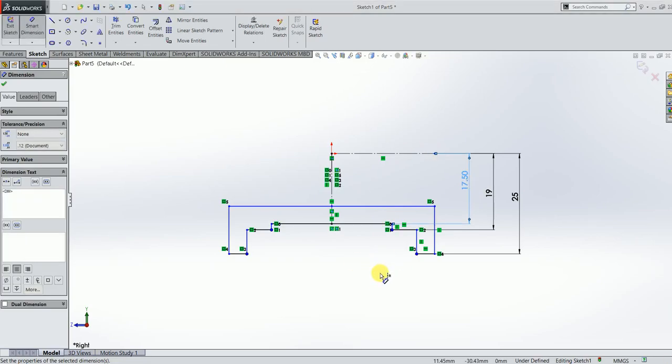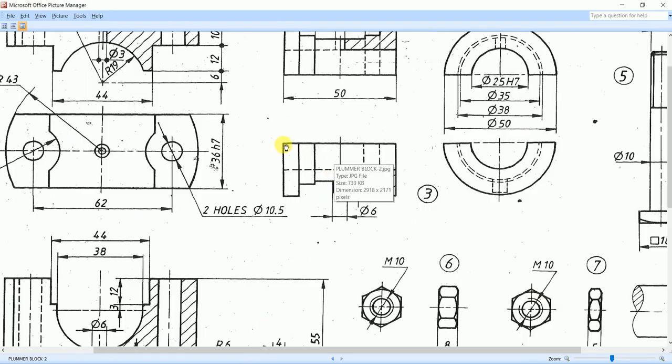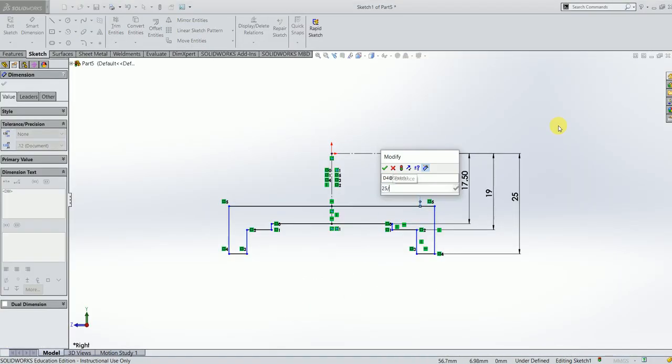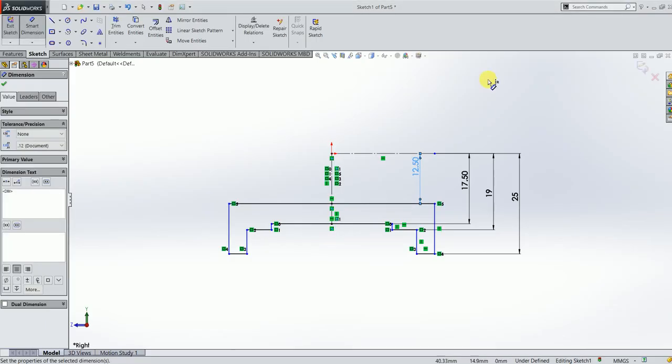Next we need to give the distance between this line and this line here, and this particular line corresponds to the inner solid circle here. This inner solid circle corresponds to the diameter of 25 mm. Therefore the distance from this line to this should be 25 by 2. Okay, so this has to be done. Therefore all the diameter values have been given as radius now, and now it is time for giving